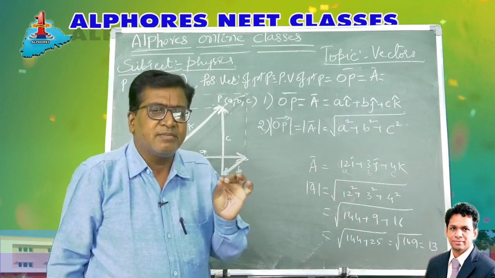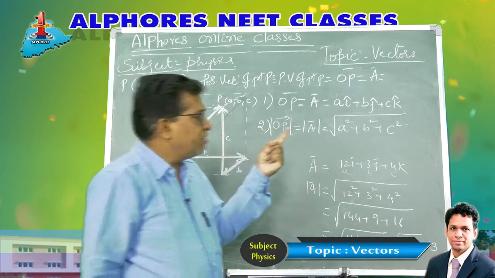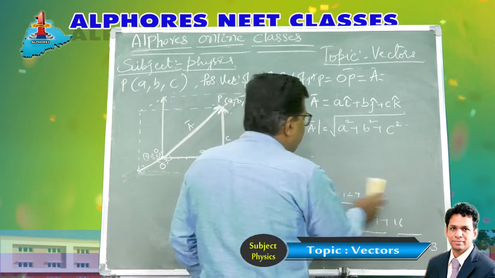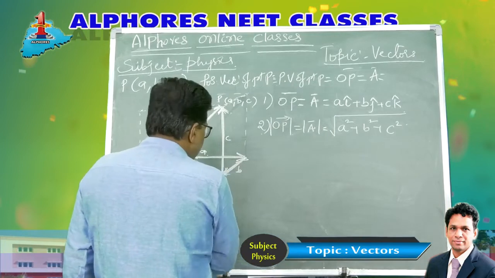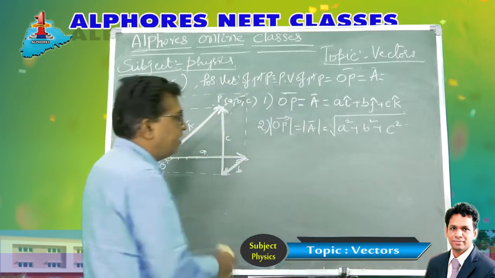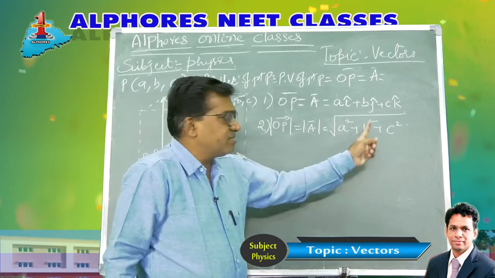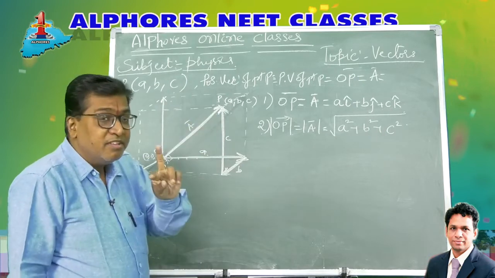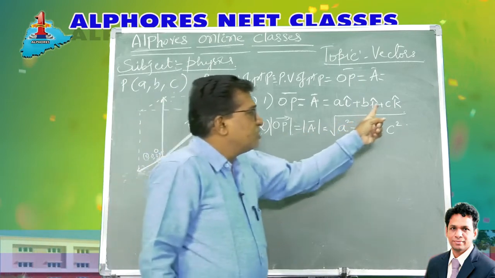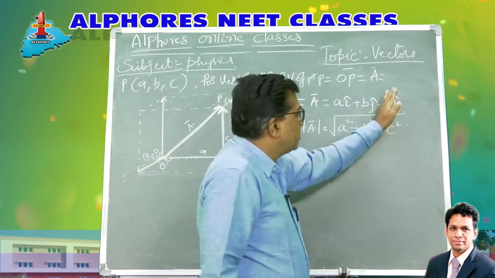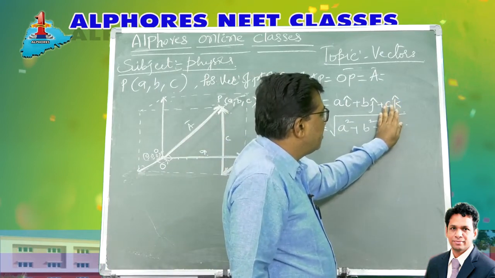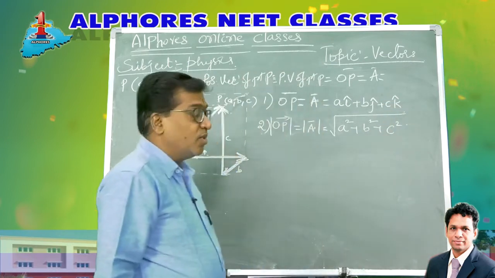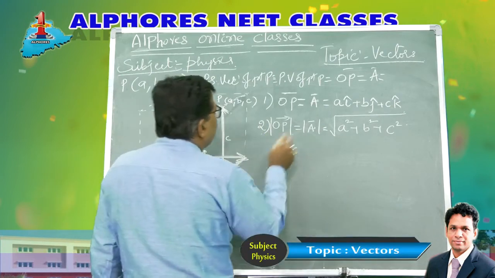Root of A square plus B square plus C square. So the magnitude of the vector is root of A square plus B square plus C square. Whenever the vector is represented in the three-dimensional Cartesian plane in vector notation like this, in mathematical form, then the magnitude is root of A square plus B square plus C square. In the previous example we took a vector A and B only in 2D. The third dimension was not existing, so the third coordinate is 0. C was 0. So the vector is Ai plus Bj, then the magnitude is simply root of A square plus B square. If it is a 2D plane, then it is like this. Okay, so we have got the magnitude.